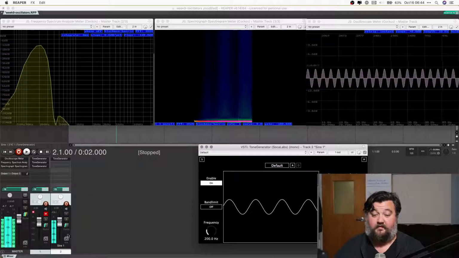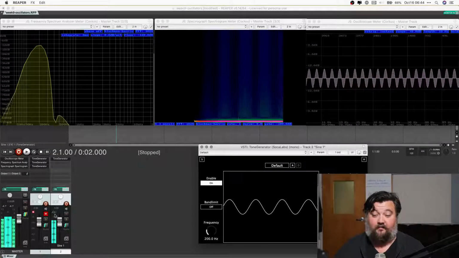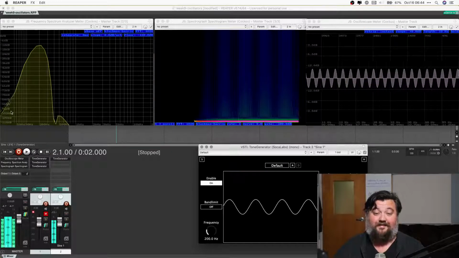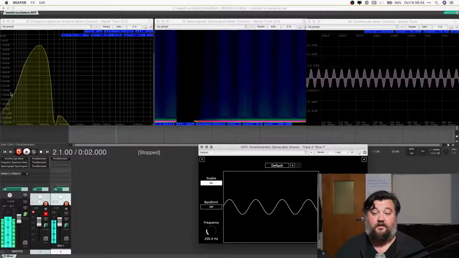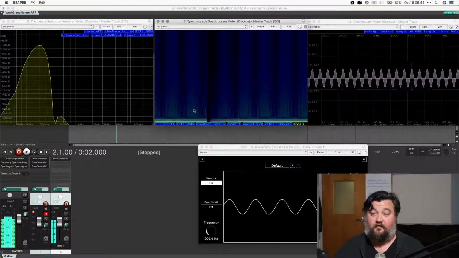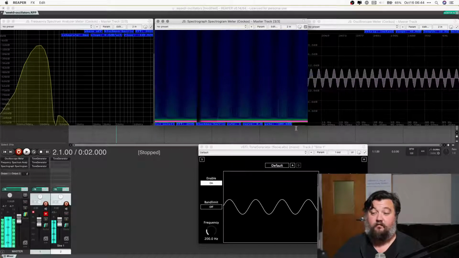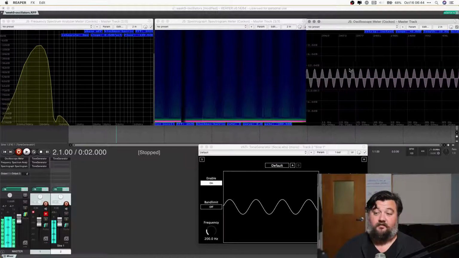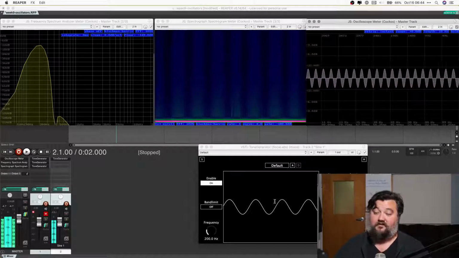And of course, we can see in our fader that we're currently at a value of negative 13.1. We see our sine wave in our spectrum analyzer. So this shows the spectrum at a single moment in time. In our spectrogram, we're going to hit scroll in the bottom left here, and this shows the spectrum over time vertically. And then we have our oscilloscope, which is a time domain-based representation of the current wave, matching this sine